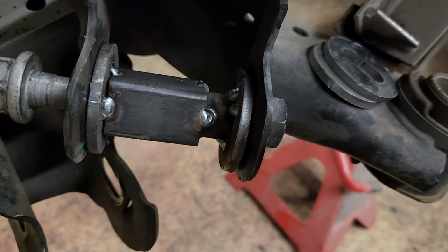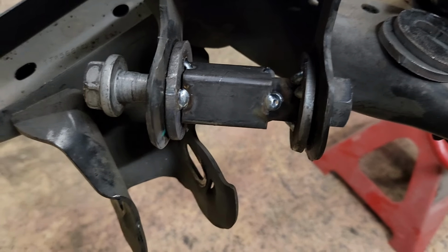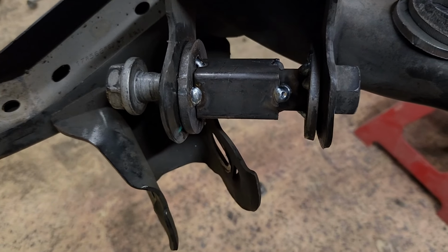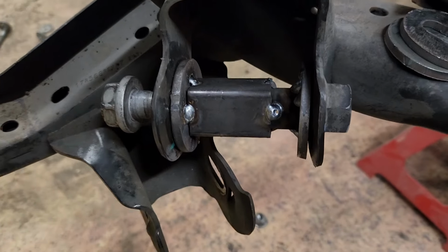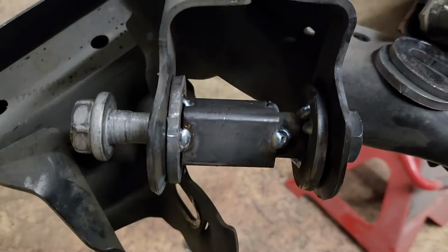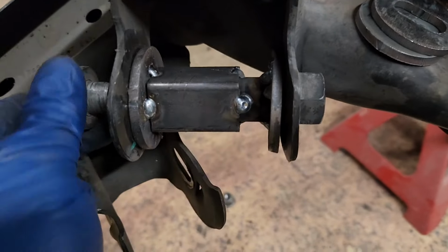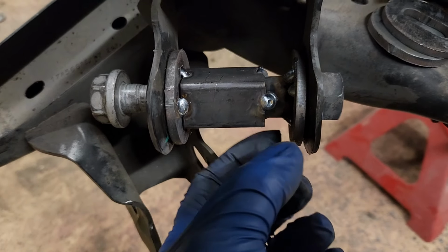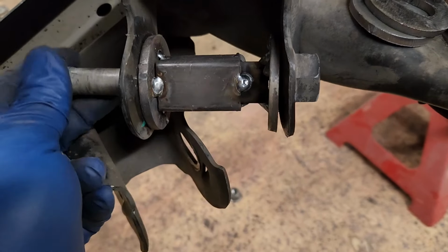So I found that a piece of 1/2 inch regular steel pipe, like water pipe, fit inside some 1 inch tubing I got. I think it's .082 wall, and I just bought some for bracing, miscellaneous use. It's not structural. So that actually fits inside that square tube perfectly, and that way I can put the bolt in, and then these two pieces will slide back and forth and just take up the slack, hit it with some tack welds, and now I've got a spacer,